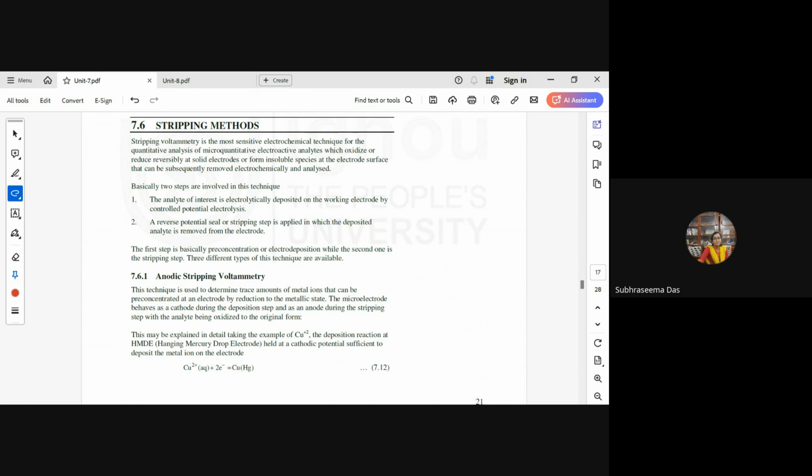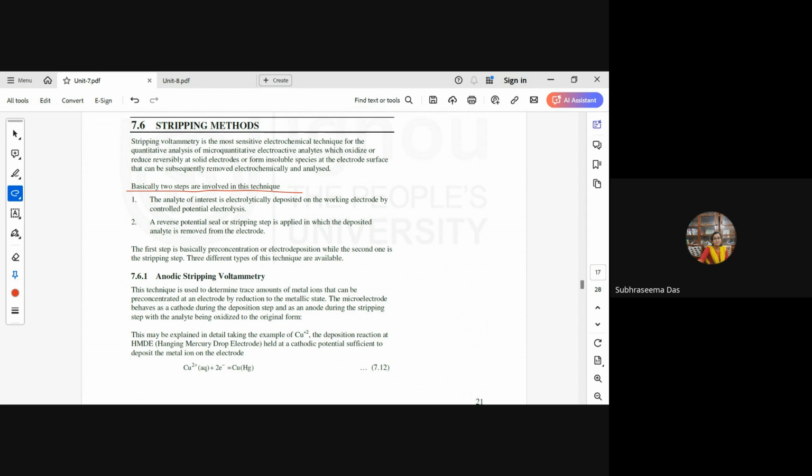In stripping voltammetry, first the analyte of interest is electrochemically deposited on the working electrode by controlled potential electrolysis. Controlled potential electrolysis means that the process is carried out at constant applied potential. Then in the second part, a reverse potential scan, or stripping scan, is applied, in which the deposited analyte is removed